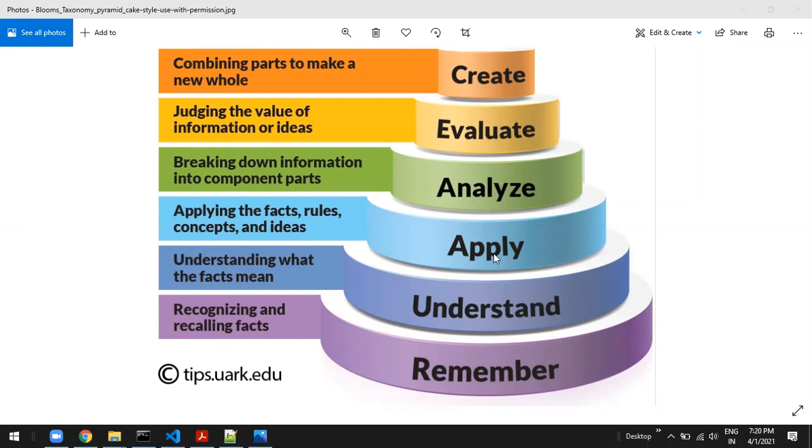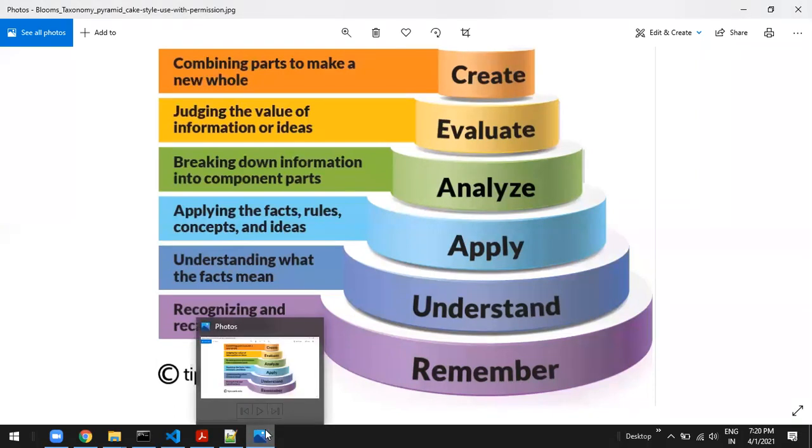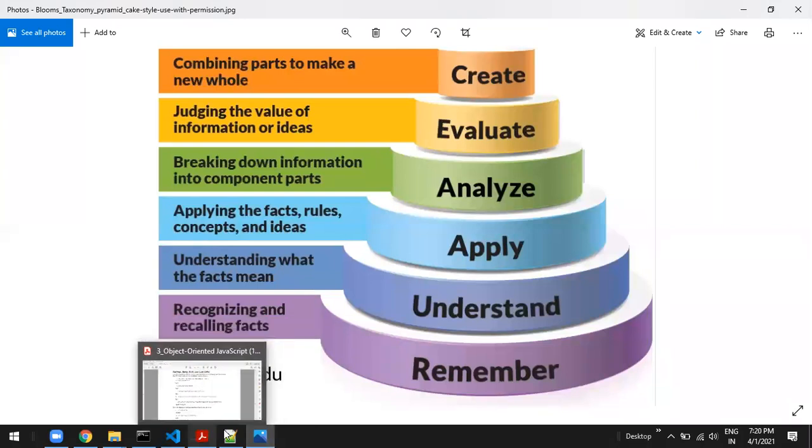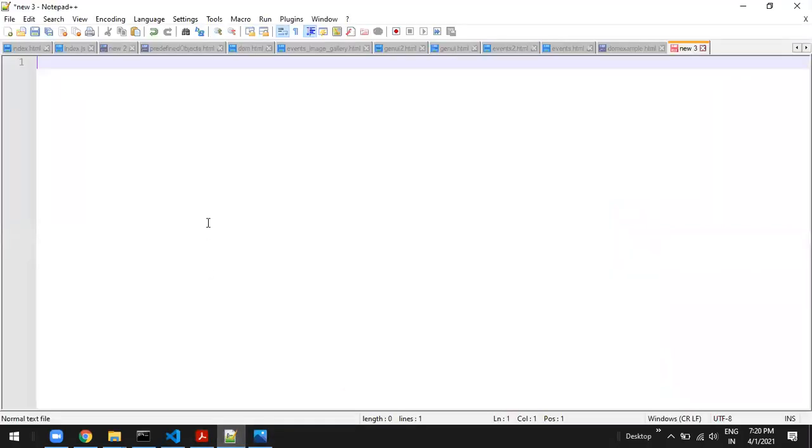Now comes the point of what we are going to teach. In this particular course, I have divided it into two parts: UI and backend.